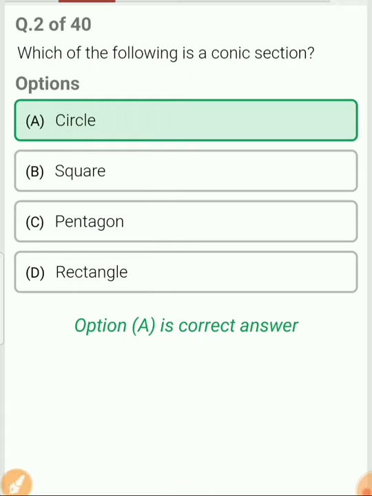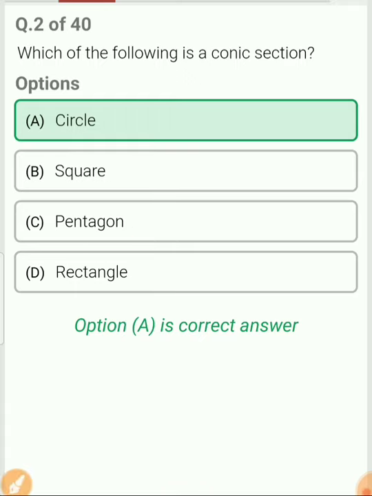If the plane cuts at an angle to the axis but does not cut all the generators, then what is the name of the conic? It does not cut all the generators, means it cuts one of the generators, right? So consider a cone and it cuts one of the generators, then the shape which you will get is nothing but a parabola, right? So this is the cutting plane and it does not cut both the generators, it cuts only one generator.